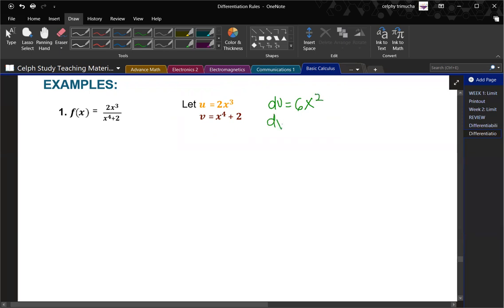Para sa aton dv, we have x to the fourth plus 2. So ang iya nga derivative will be, panaog na to ng aton nga 4 will have 4. Copy ang variable ng x, then minus 1 sa exponent. So we have 4x cubed. And then we perform sang operation. Derivative niya, f prime x is equal to,